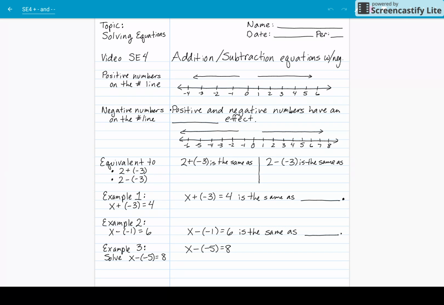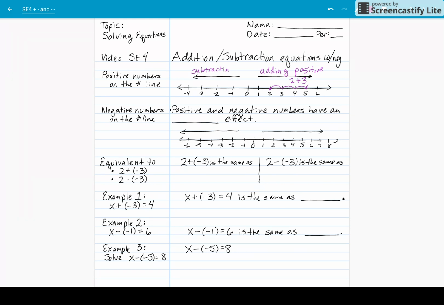First, if I have a positive number and I'm adding a positive number, it's going to move to the right. I'll give you the example 2 plus 3. If I start at 2 and move 1, 2, 3 spaces to the right, I end up at the answer 5. If I'm subtracting a positive number,